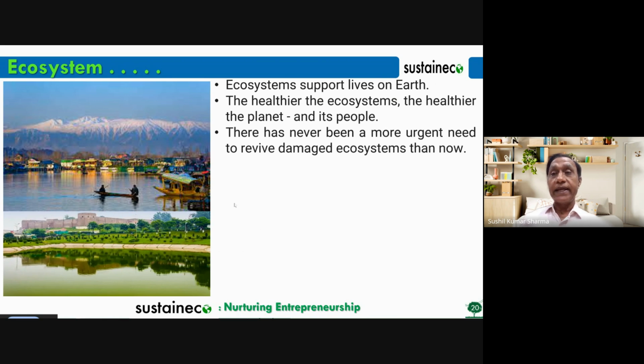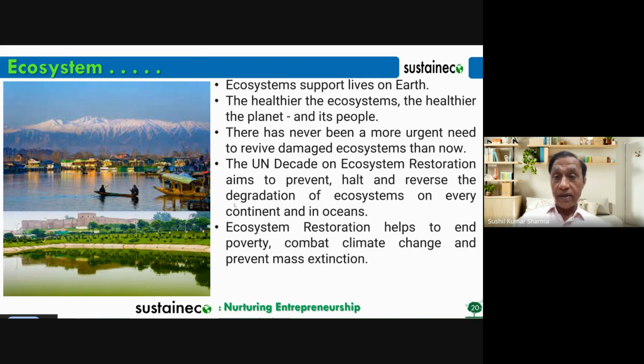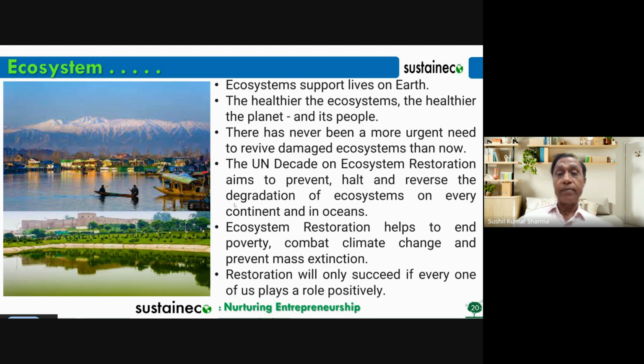There has never been a more urgent need to revive damaged ecosystems than now. As I mentioned in the beginning, the United Nations is observing this decade as the decade of ecosystem restoration. Ecosystem restoration helps to end poverty, combat climate change, and prevent mass extinctions. In fact, these are the most serious issues mankind is facing globally. Restoration will only succeed if everyone